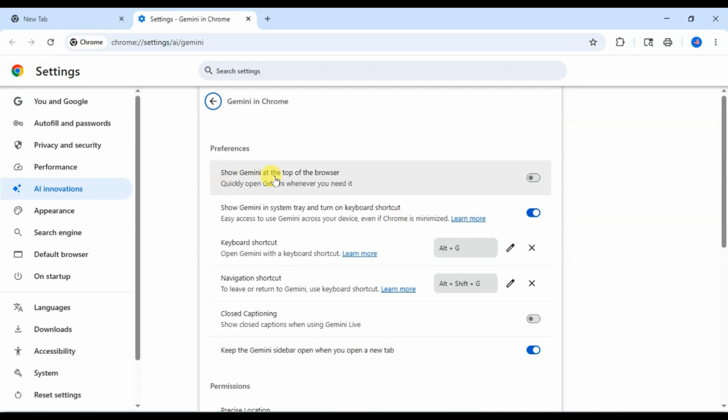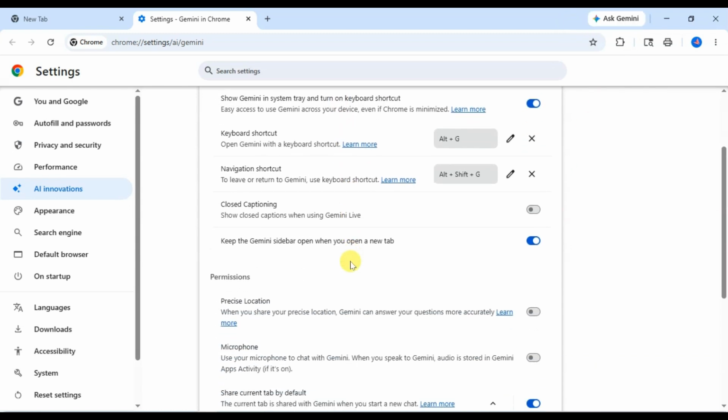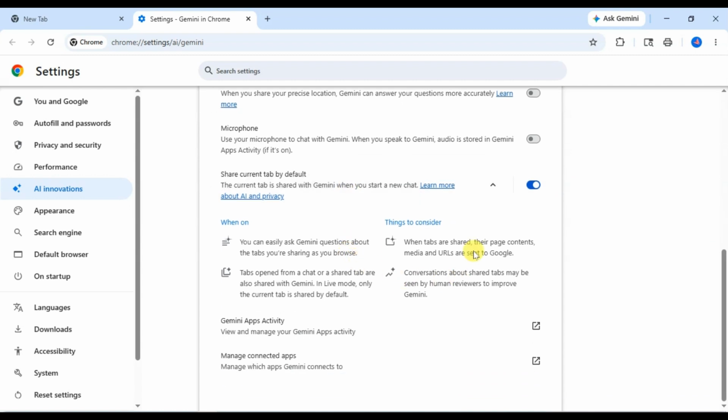If you want to show Gemini at the top of the browser, just click on this option. So I just turn on this option and you can see Gemini at the top of Chrome is showing. Okay. When I turn off this option, it is removed. Okay. So I just turn this on, and with this, other options are also available, you can check here for Gemini